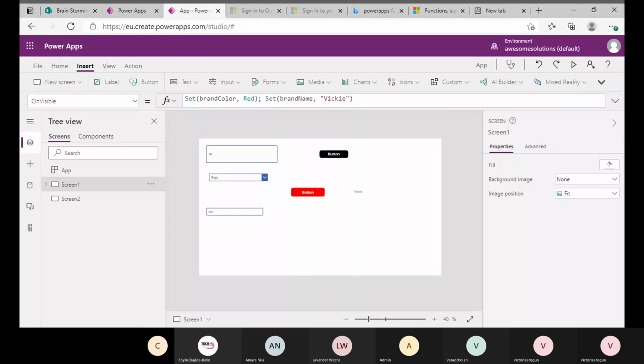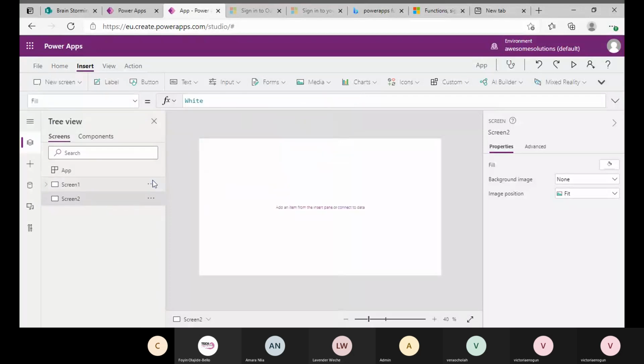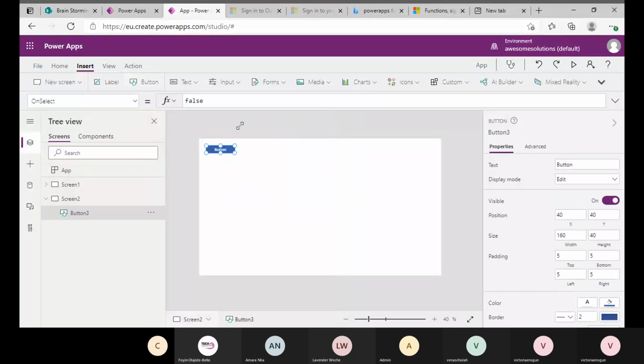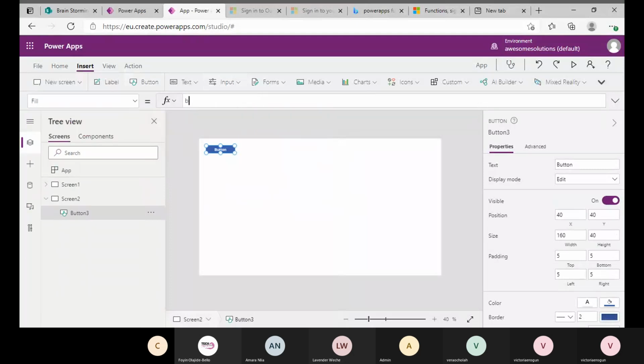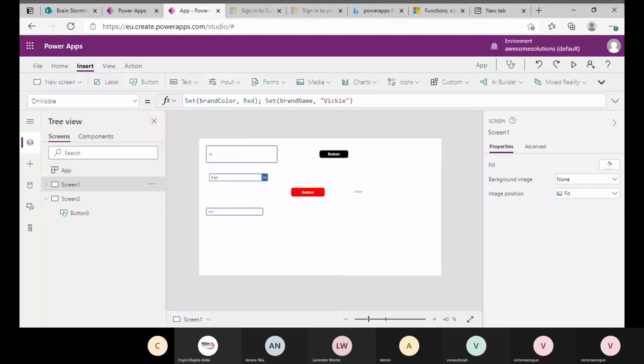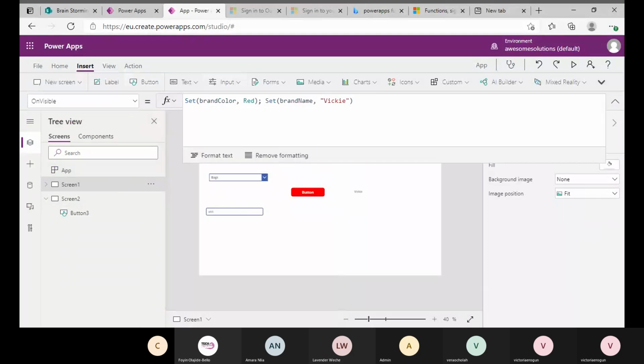So the difference between global and local variable is that for a global variable, you can use it in all the screens. For example, I'm going to put another button here now and say the color is red again. That's, sorry, my brand color. The fill is brown color. Have you seen that I can use it on other screens? But I'm going to go and change this to, let's change it to